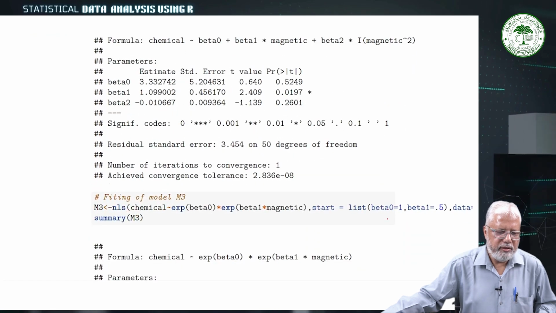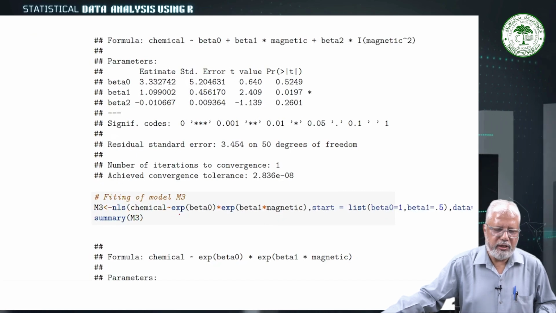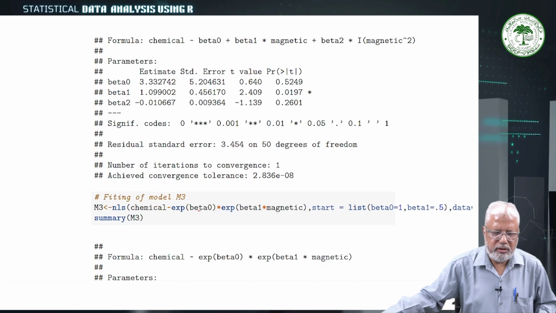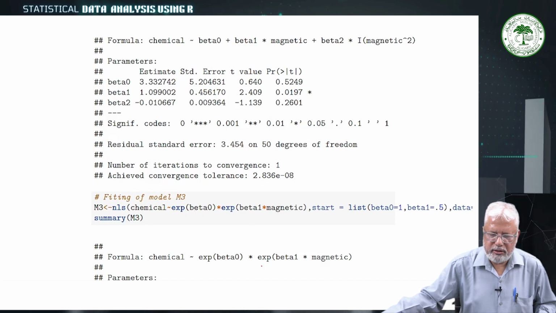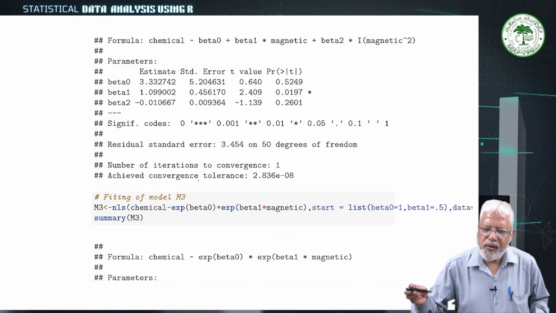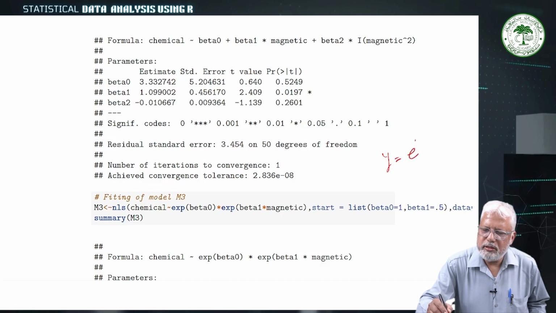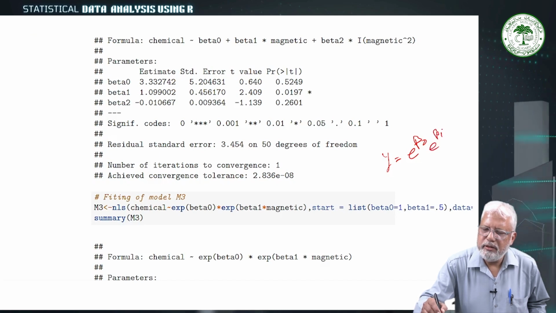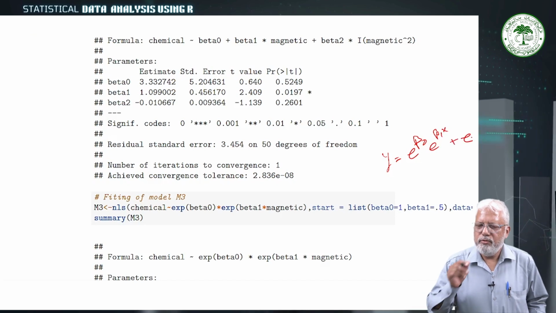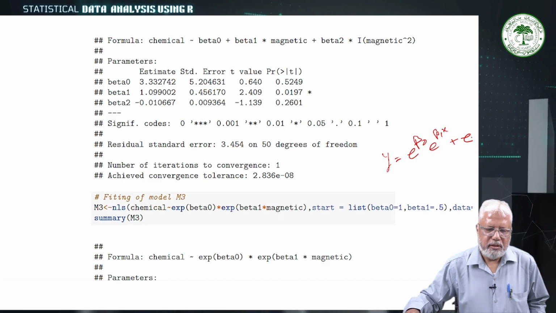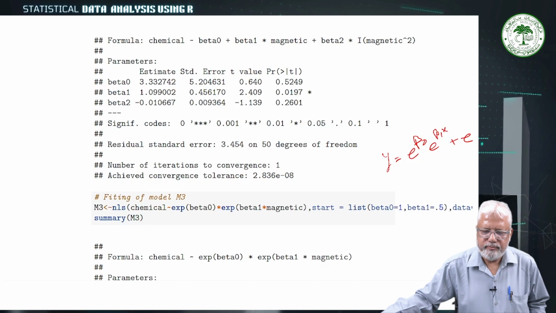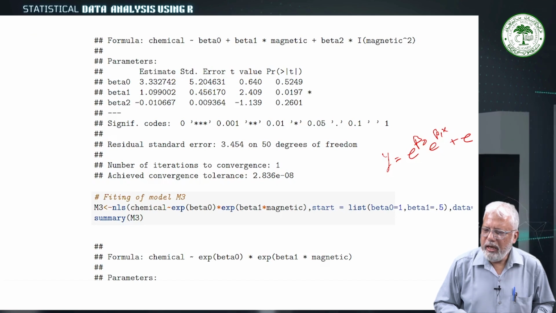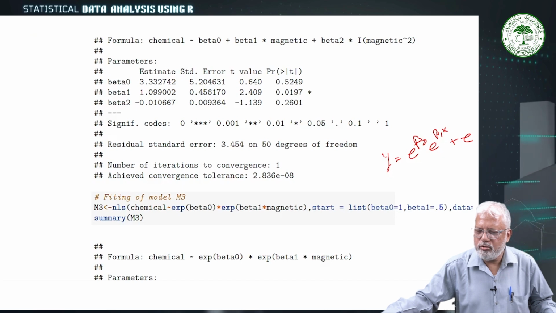Fitting model 3, again NLS, and here the model is actually log model. It is chemical versus EXP. If we transform this, see this expression, we have taken actually y is equal to e raised power beta naught into e raised power beta 1 into x plus error. So, here this model is being fitted. So, again we are exactly writing this formula NLS chemical versus exponential beta 0 exponential beta 1 into magnetic, and we have started values beta naught is equal to 1, beta 1 is equal to 0.5, and we are getting